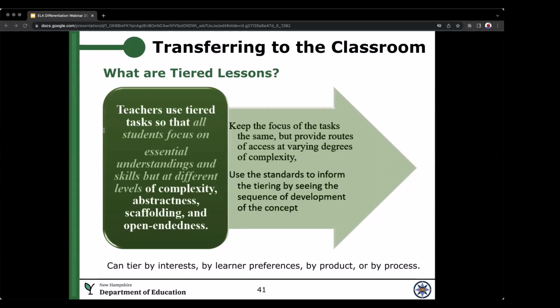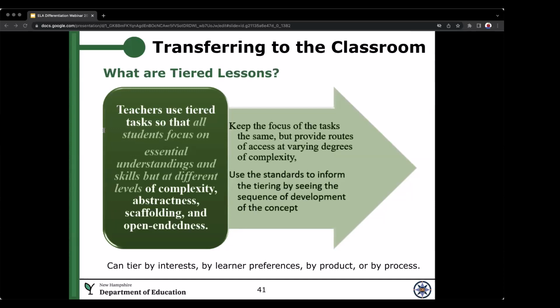You could tier lessons by challenge level using Bloom's taxonomy. You could tier lessons by complexity, which means that you are addressing the needs of students at introductory levels, as well as those who are ready for more advanced work. You could tier lessons by resources, so choosing materials at various reading levels or complexity of content, and then tiering assignments around those resources. Tiering by outcomes, where you have students using the same materials, but the products vary at